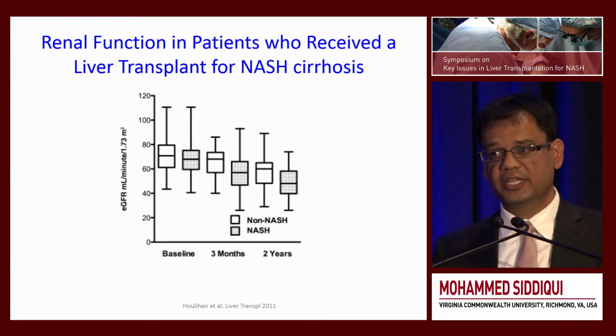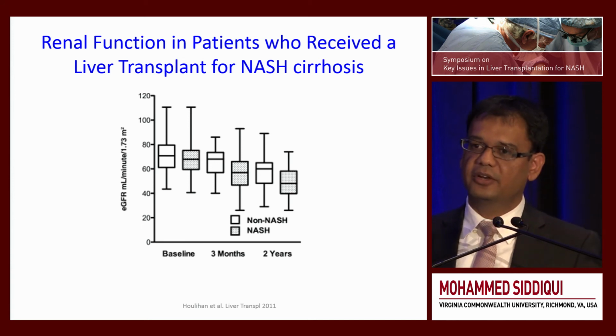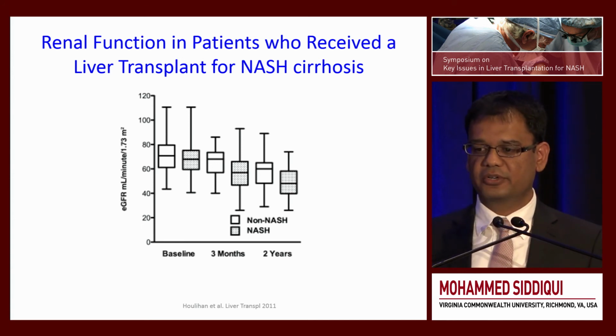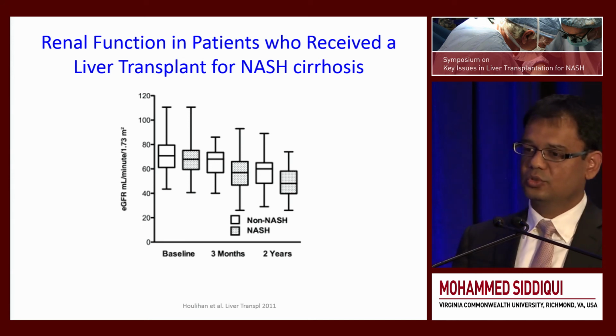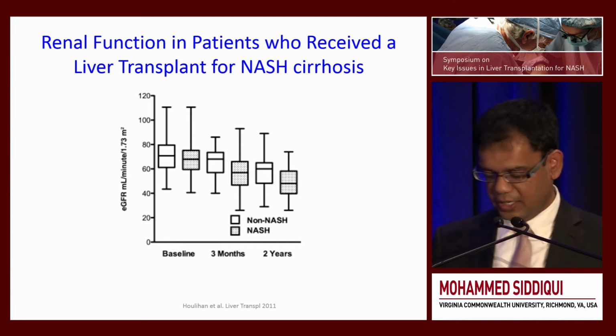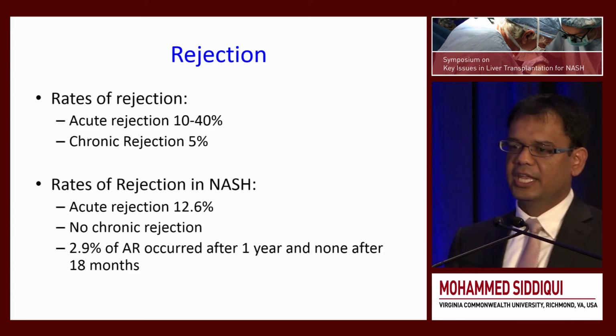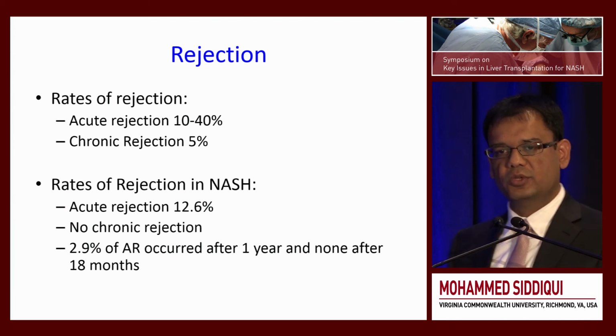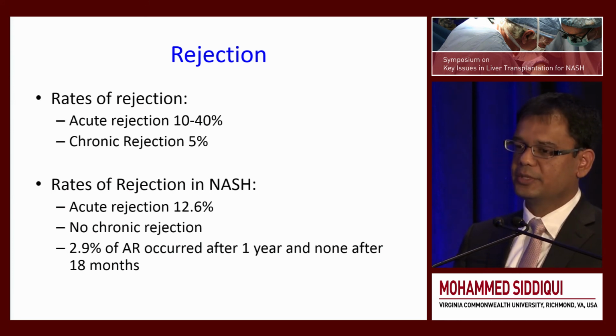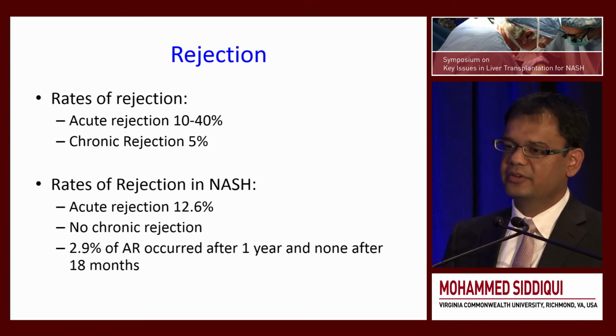You have to manage their hypertension better. You have to manage their obesity better. All risk factors, which as you saw from prior slides, liver transplant patients who've had it for NASH are at extremely high risk for. Now, what we worry about, and the reason why we use immunosuppressant, is because of rate of rejection. There's estimated rate of rejection in liver transplant recipients is generally reported between 10 and 40, and 40